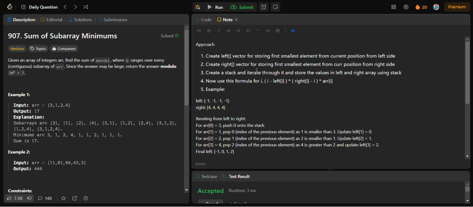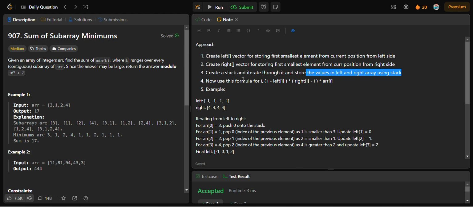So we will iterate using a stack here, and we will store the first minimum value from the left side of the current position of that iteration. Also same for the right vector, we will store the first smaller element from the current position to the right side, and we will create a stack in which we are iterating this,